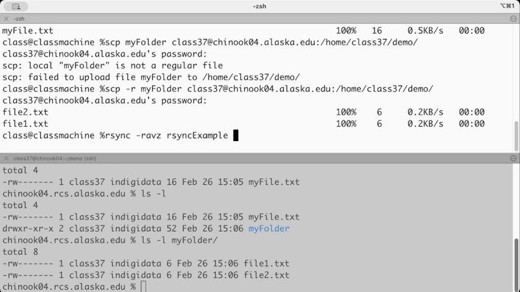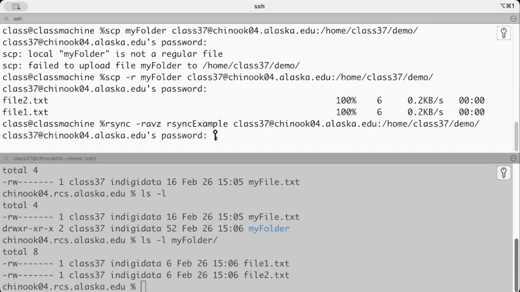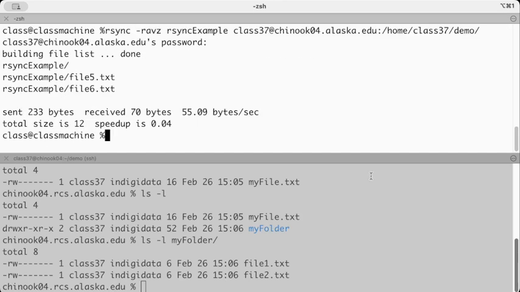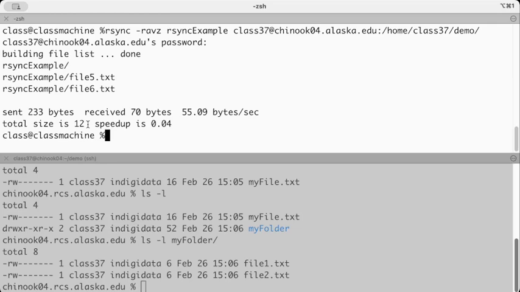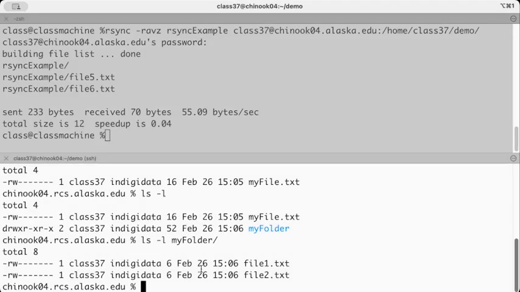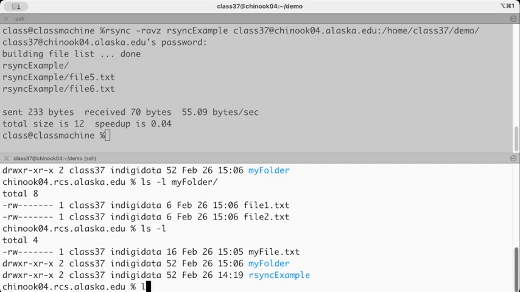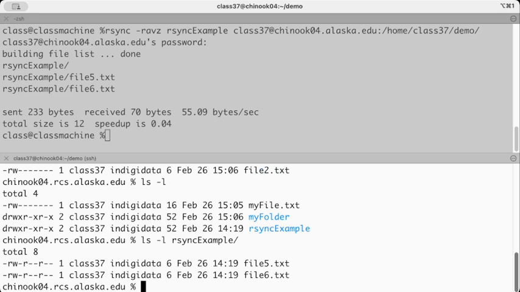So in this one, we'll do this rsync example, and then we'll copy it over to Chinook04.class.alaska.edu. And just like with SCP, it'll ask me what my password is. I'll type it in, and you'll see that it builds a file list just to know what it has to copy over, and we'll copy it all over. And if I do an ls -l, you'll see that it's there. Now we'll move on to